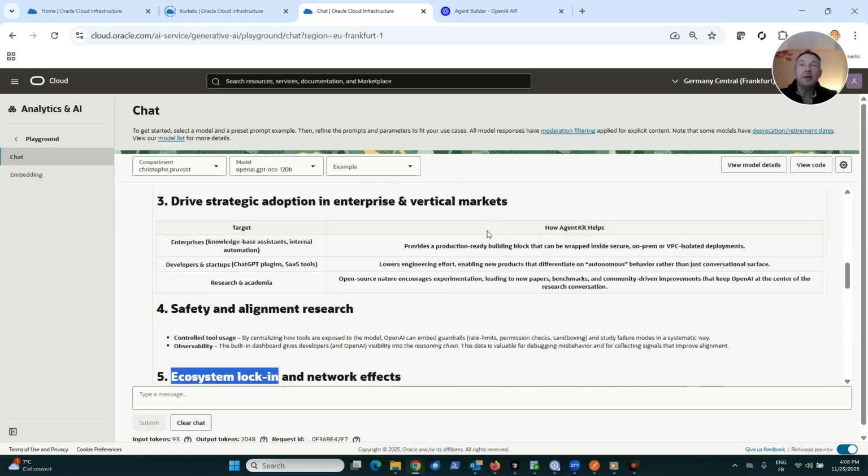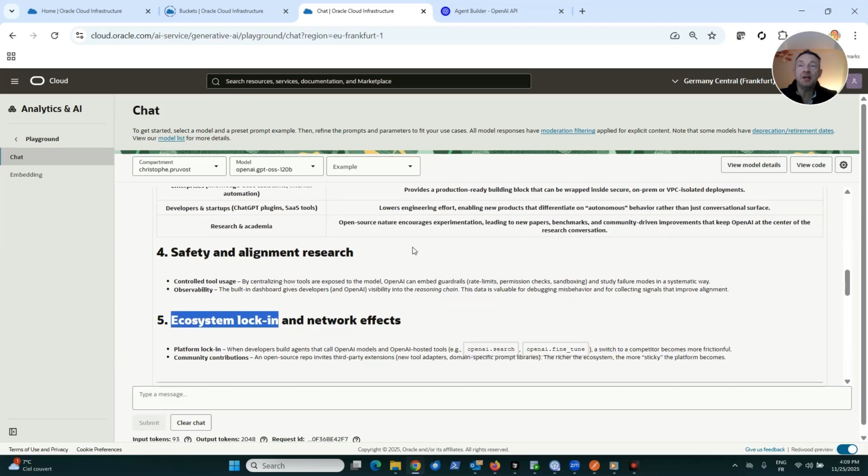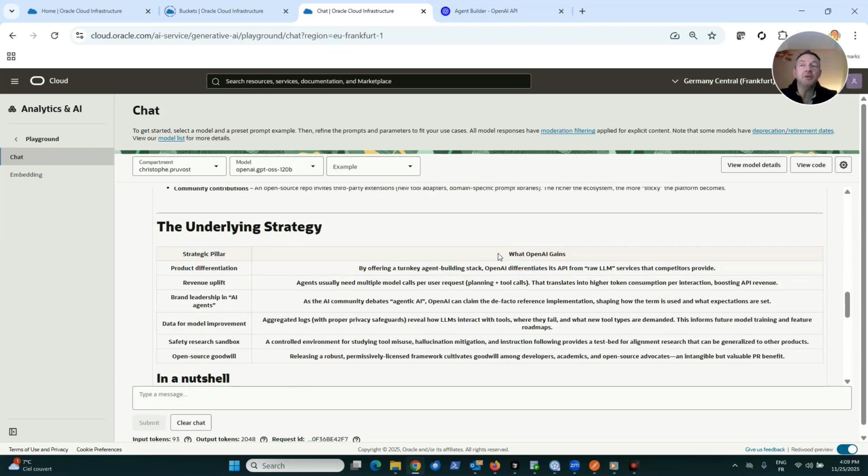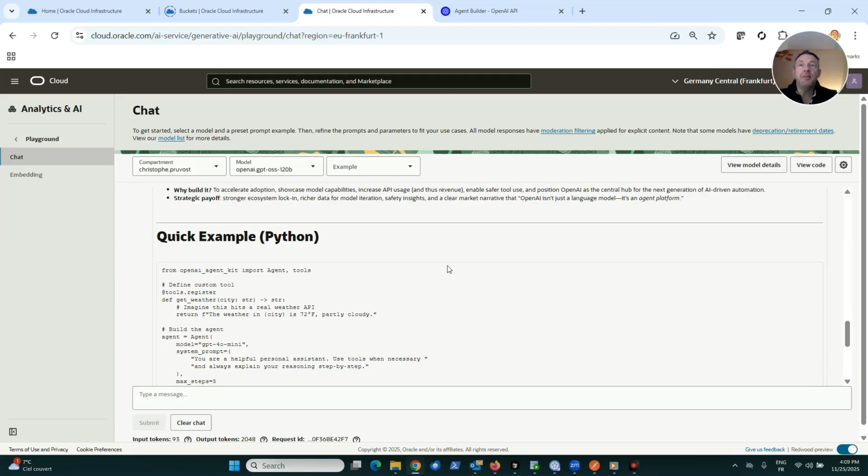We can see different things about that, but something we have to look at, for example, ecosystem lock-in. It's interesting to know I can use only OpenAI LLM models with this solution. Maybe it's a limit today, but at the end, what is the strategy? Probably not only lock-in. Maybe it will be more open later, but maybe on the narrative,